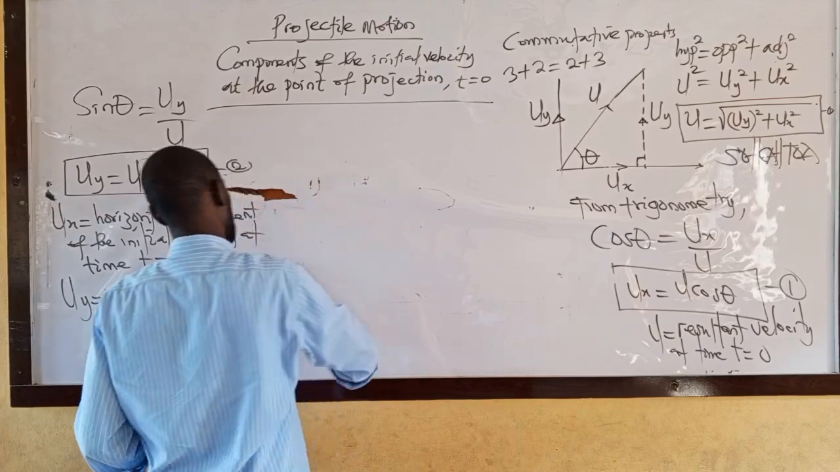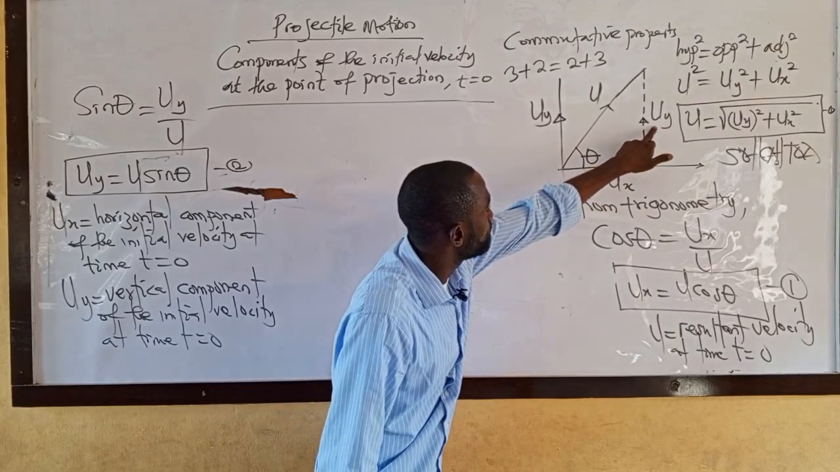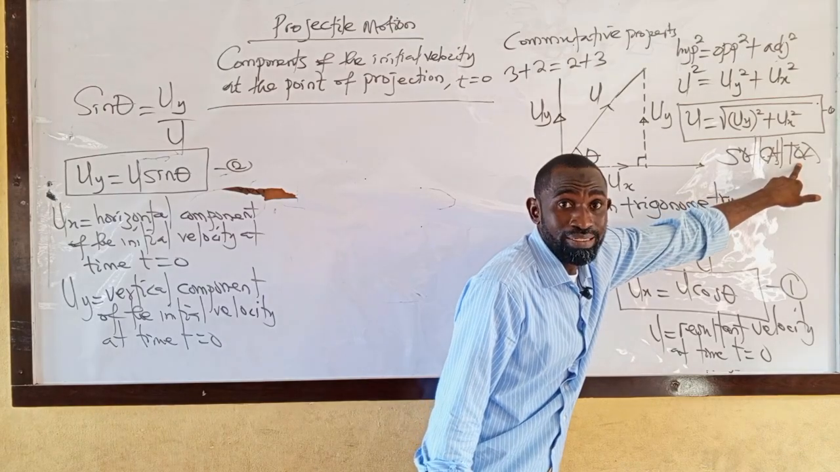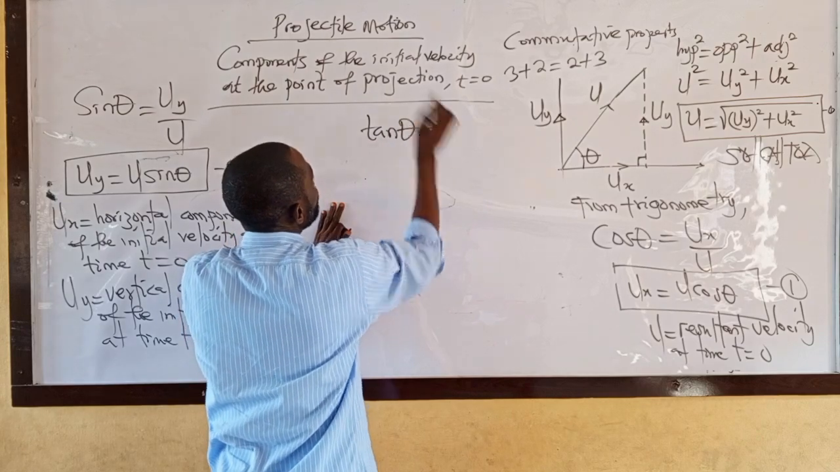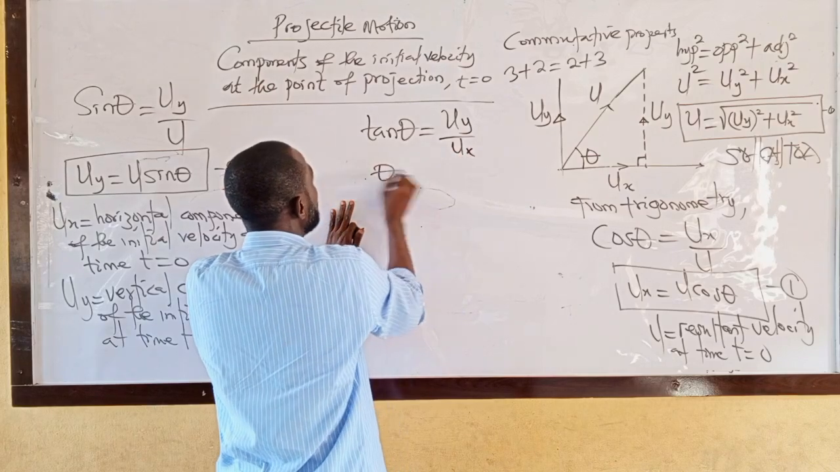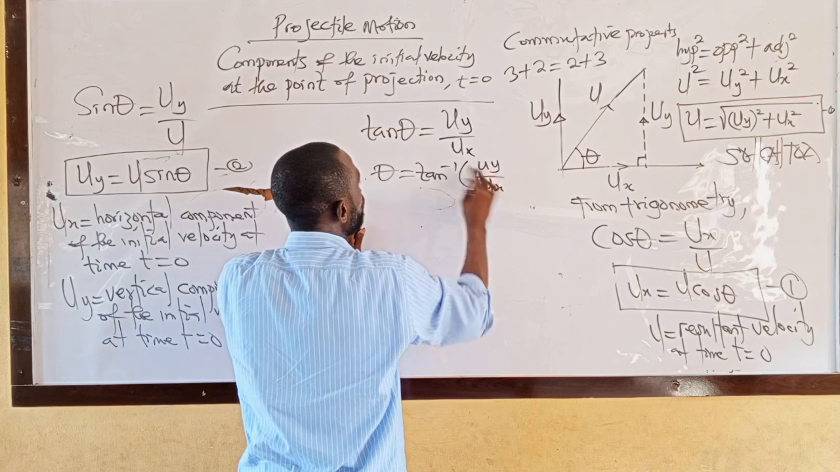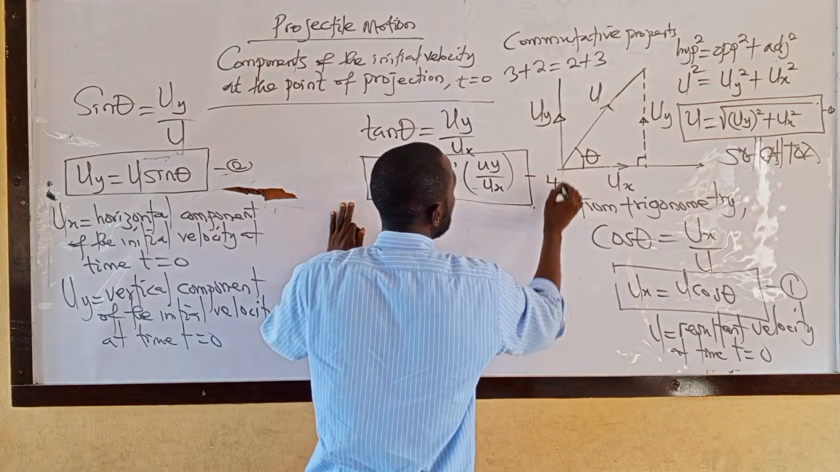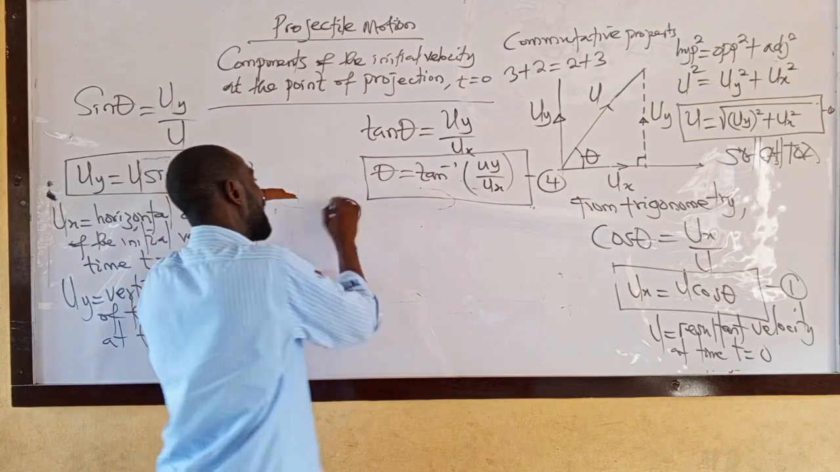So let's go from this shape: opposite, adjacent. So we have our tan theta. Tan theta is equal to opposite, which is u of y, all over u of x. So theta is tan inverse of u of y all over u of x. Put this in brackets and call this equation 4. What is theta? Theta is the angle